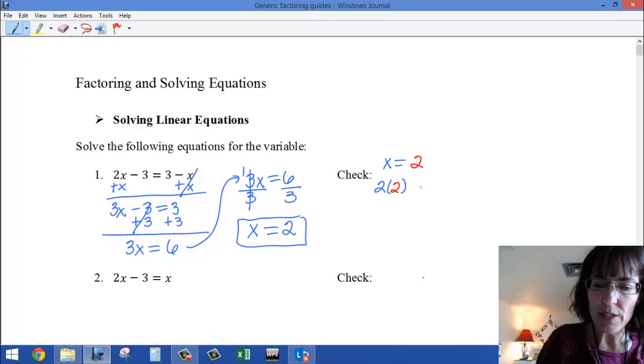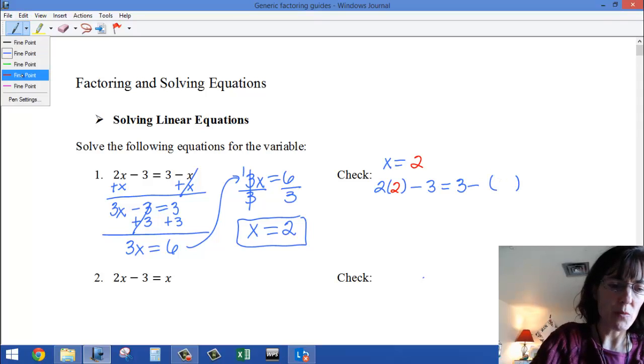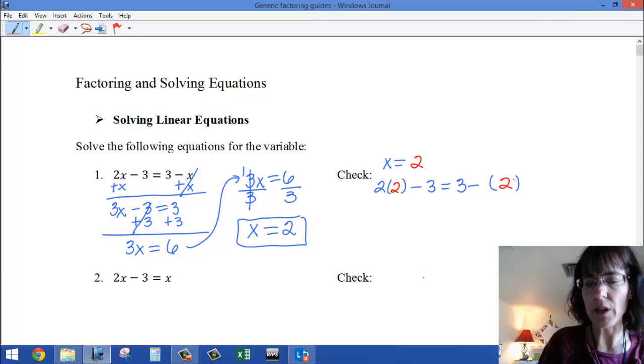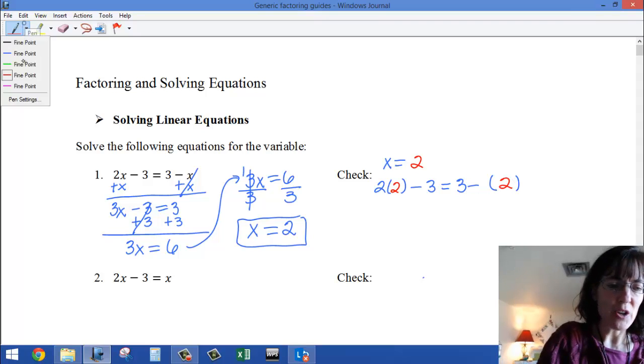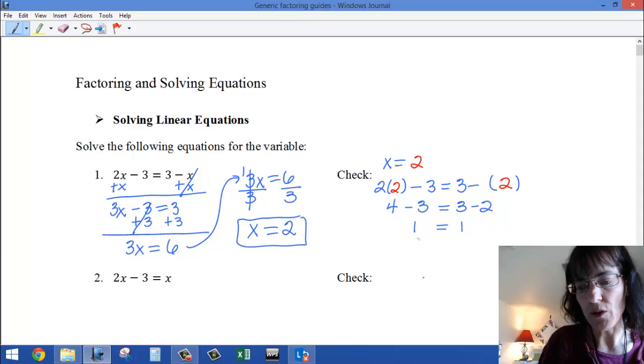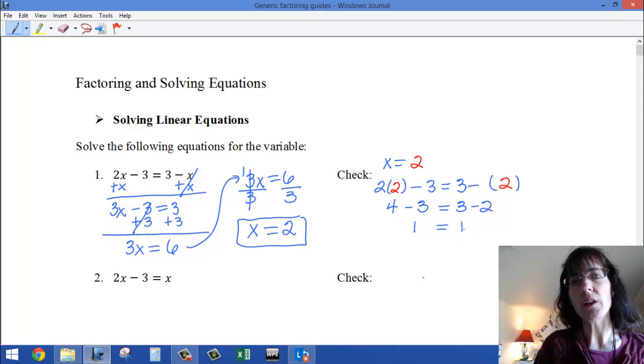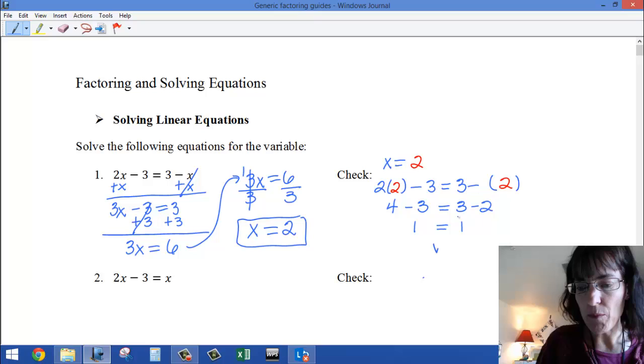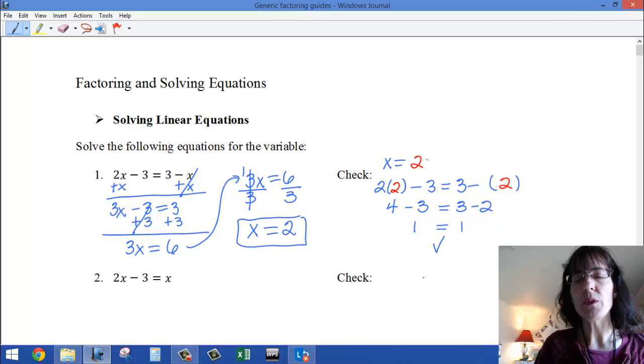And then the equation says minus 3 equals 3 minus, and then I have to put in what I had for my x again, one more time, because x showed up 2 times, remember. And then I can go back and simplify more. So I have 2 times 2, that gives me 4, minus 3 equals 3 minus 2. Well, 4 minus 3 is 1, and 3 minus 2 is also 1. So I have an equality, or a true statement, and that means that my x equals 2 is a valid